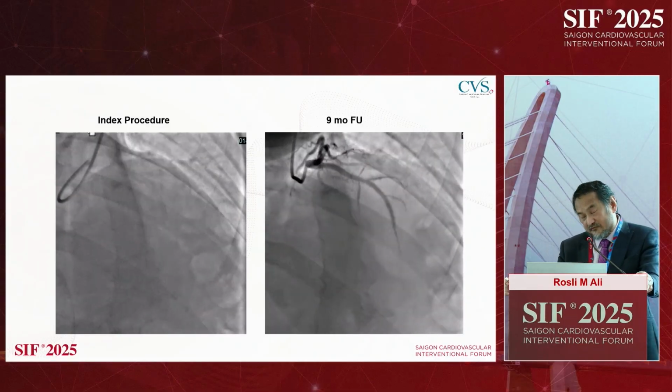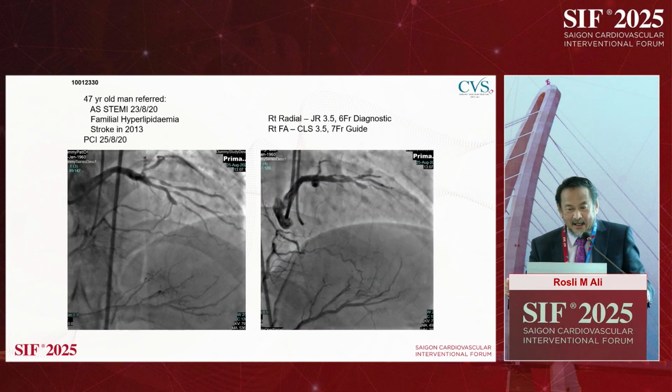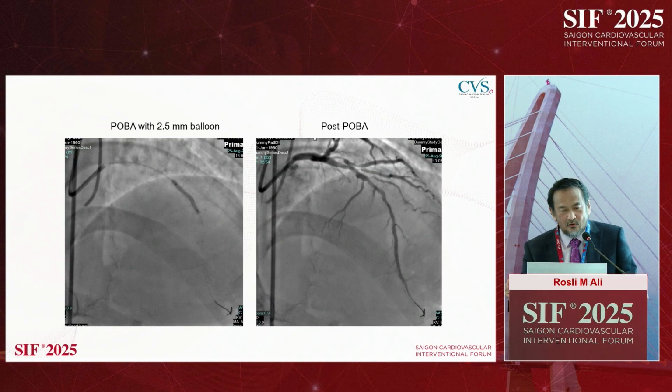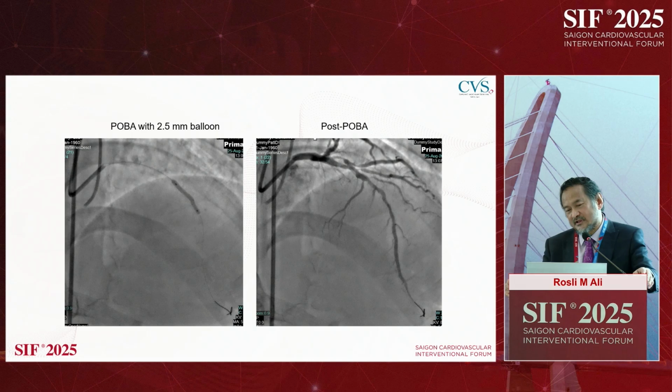I've made a lot of change in the way that I practice, and this is how I try to do a PCI nowadays for every lesion, if it's possible and indicated. This is a patient who had a fairly acute occlusion of the LAD with a diagonal 1 and 2 and a proximal LAD which is diseased. So we crossed this, pre-dilated. Results are